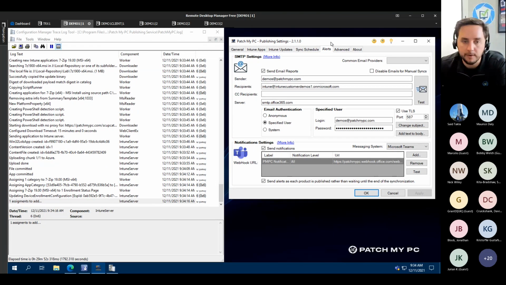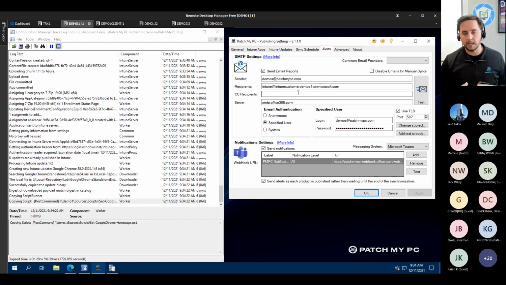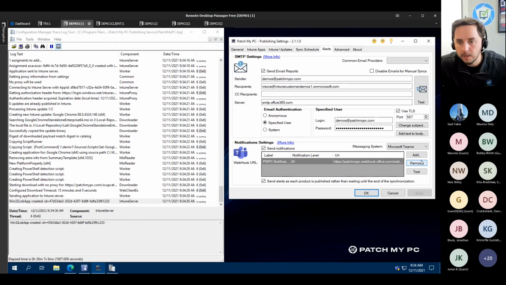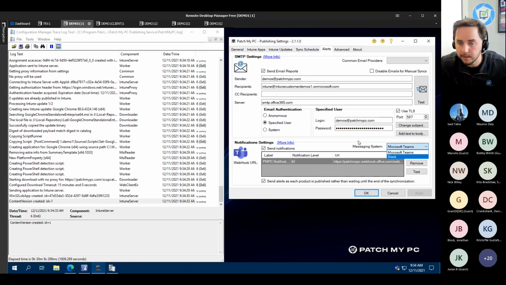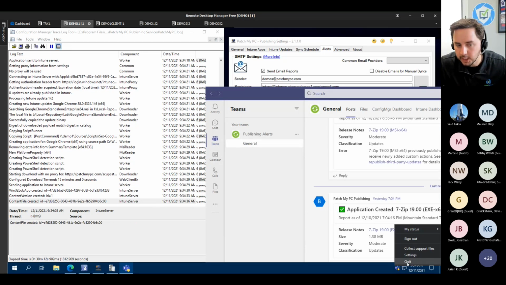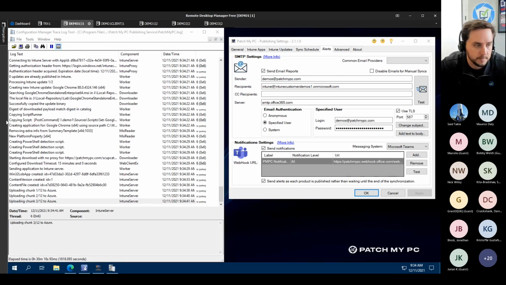But while we're waiting for that to publish, one pretty cool feature that we have is, you're probably going to want to stay up to date with what's actually changing in your environment. So we have both email alerts and Teams alerts that you can enable. It also works with Slack as well via webhook that will notify you whenever something has actually changed within your environment. So if I refresh Teams here,